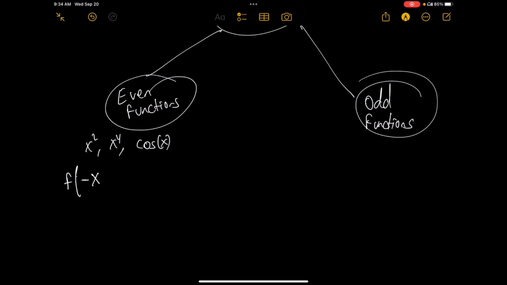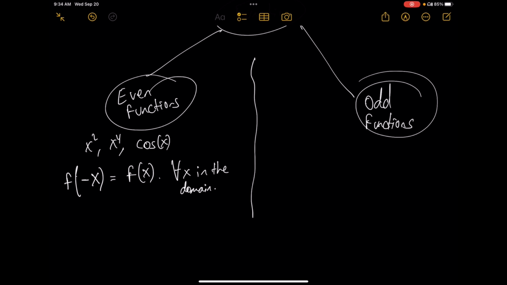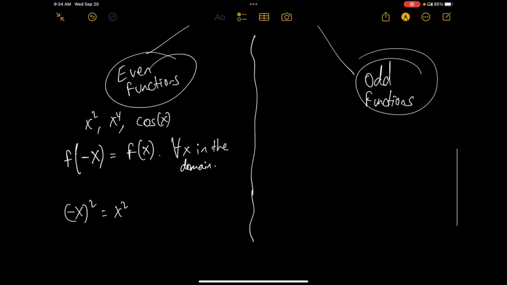መቼ ነው አንድ ፈንክሽን even የምንለው? when f of negative x is equals to f of x ይሄን የሚያሟላ ከሆነ for all x in the domain፣ ፈንክሽኑ we call the function an even function okay። አሁን x squared ብንወስድ negative x squared it is simply x squared፣ ለዛ f of negative x ከ f of x ጋር እኩል ነው ማለት ነው። እና even functions ባህሪያቸው ምንድነው? they are symmetrical with respect to the y axis okay።